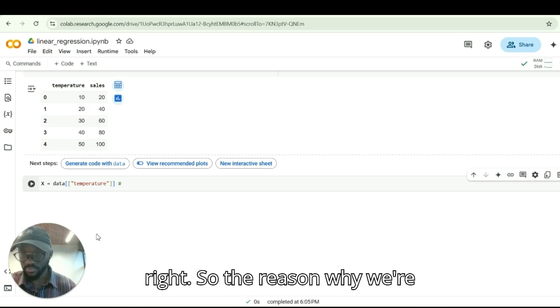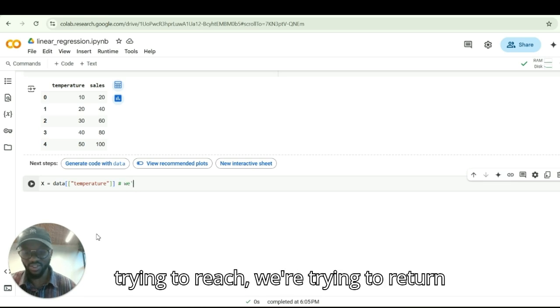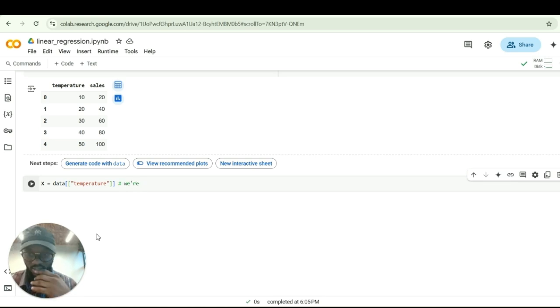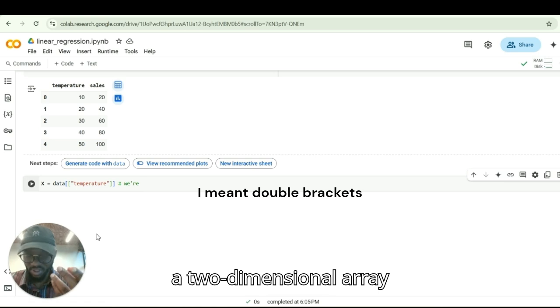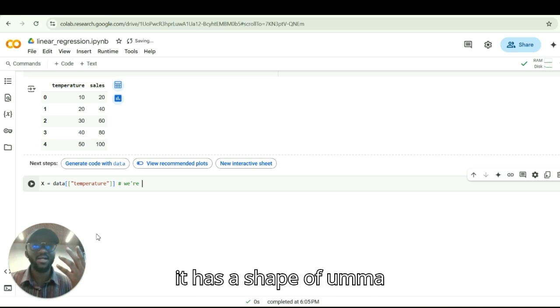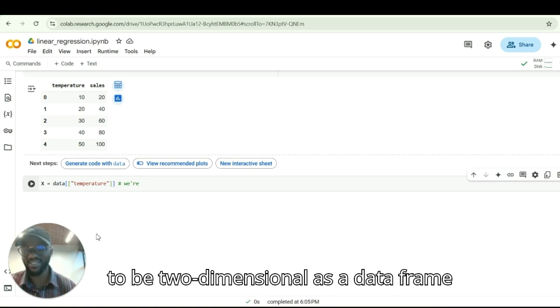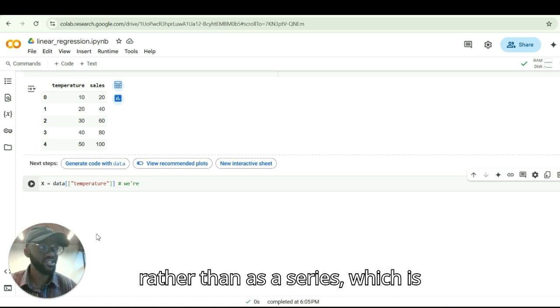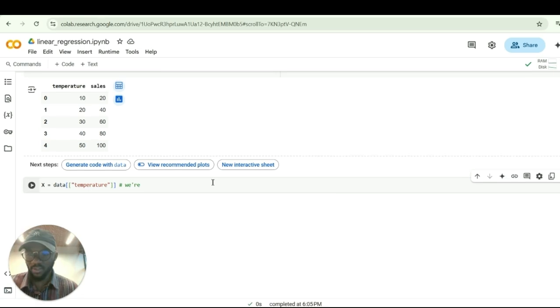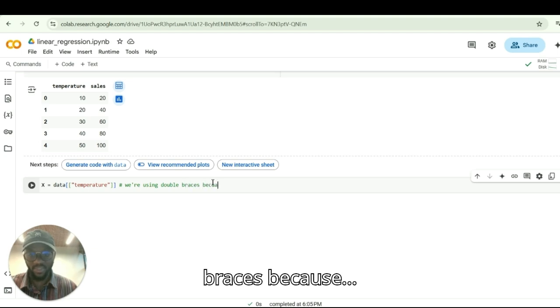All right. So the reason why we're using double braces is because we are trying to return a two-dimensional array, because regression models require a shape of a column and also a row. That's why it has to be two-dimensional, as a data frame rather than as a series, which is one-dimensional. So let me write that as a comment. We're using double braces because